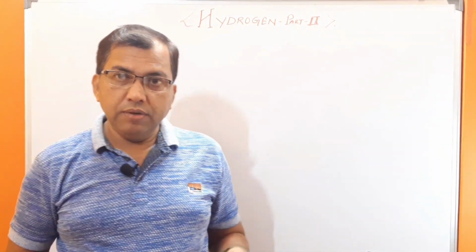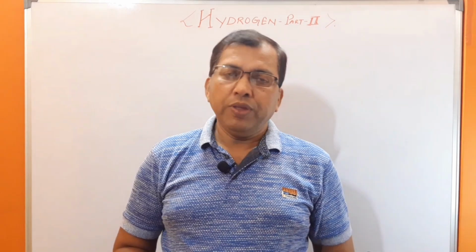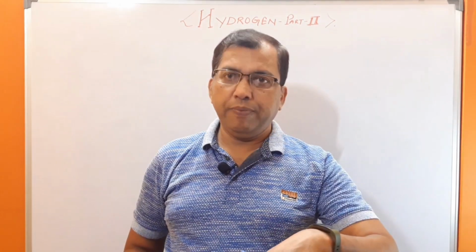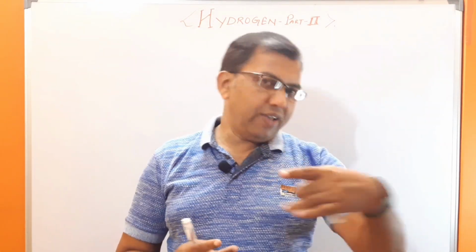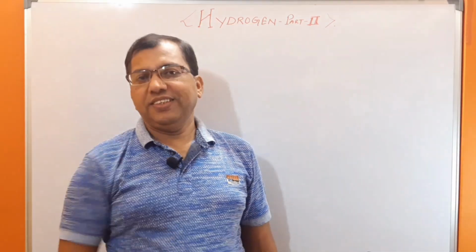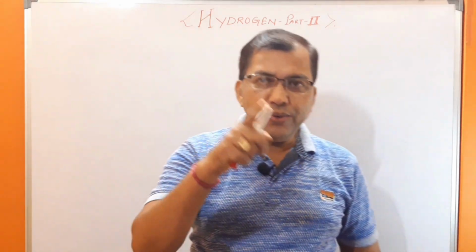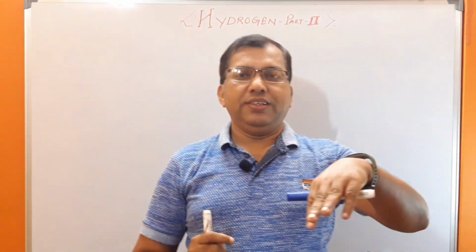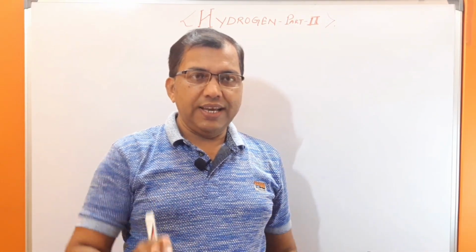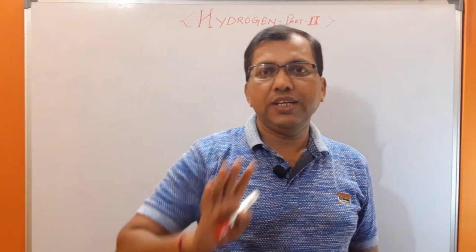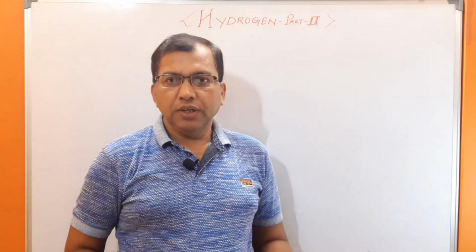Next, chemical properties. These are the oxidizing property and the reducing property. It has both redox properties. In H2O2, what is the oxidation state of oxygen? I have discussed it in redox reactions. In a peroxide it is -1. It can be reduced to -2 or oxidized to 0. So it behaves as an oxidizing as well as a reducing agent. Clear? So I am giving an example. So many examples are there, I am giving only one.